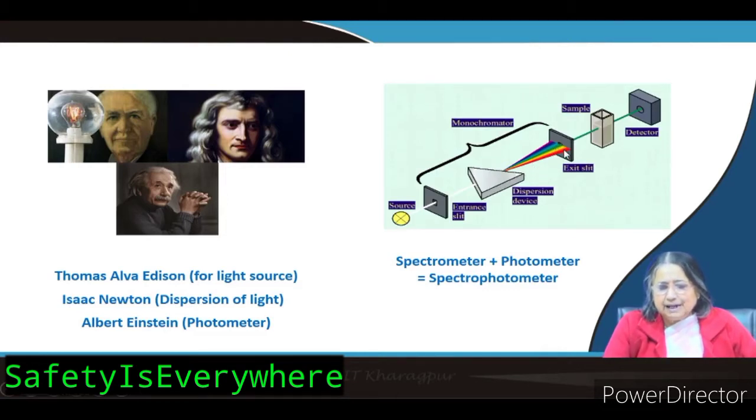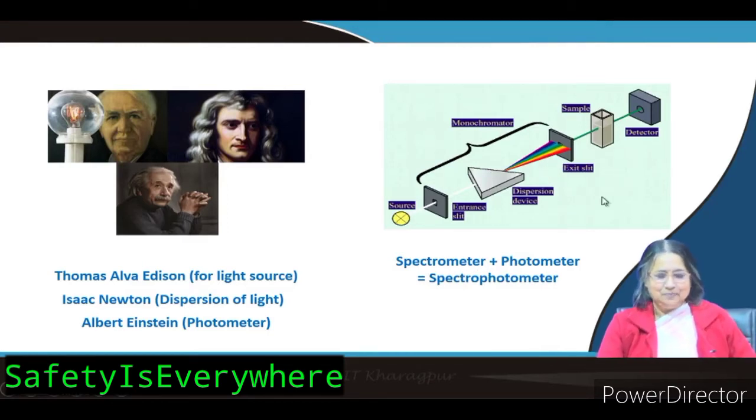Now, here you see different lights are coming, and then they pass through some solution, where the light is absorbed, and then the photometer comes. The photometer monitors the light, it is like a brain with an eye. So, there are three parts. One is the leg, that is the lamp part, then the heart, that is the spectrometer part, and then the photometer part, that is the brain with the eye. In a simple way, that is what a spectrophotometer is.